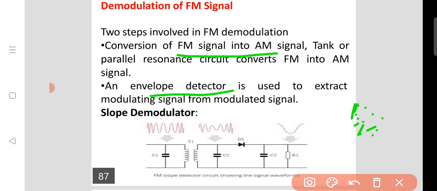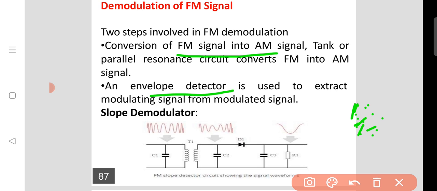One point is there is no direct FM detection. So first of all we convert FM into AM using the frequency discriminator circuits. The frequency discriminator circuit is nothing but a tuned circuit. Then that AM signal is converted into our desired modulating signal using the envelope detector. We have already discussed the envelope detector in the first unit, so we are well aware of that.